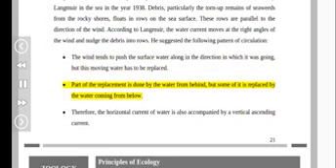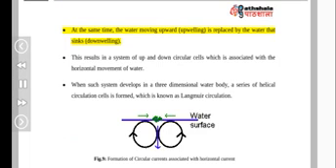Part of the replacement is done by the water from behind, but some of it is replaced by the water coming from below. Therefore, the horizontal current of water is also accompanied by a vertical ascending current. At the same time, the water moving upward, upwelling, is replaced by the water that sinks, downwelling. This results in a system of up and down circular cells which is associated with the horizontal movement of water. When such a system develops in a three-dimensional water body, a series of helical circulation cells is formed, which is known